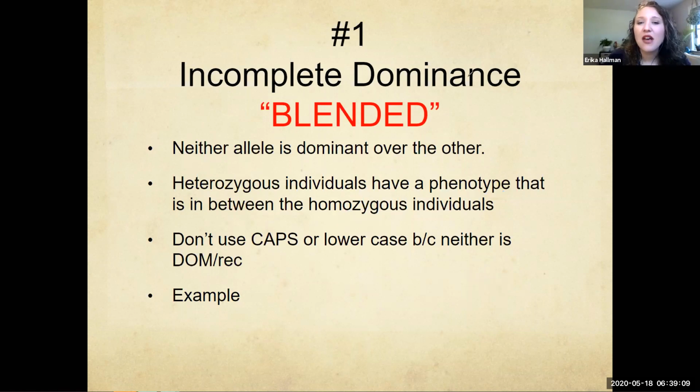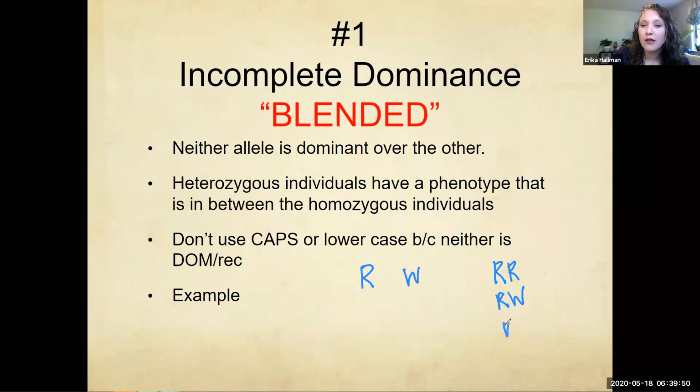Now, to keep ourselves straight, we don't use the same letters for incomplete dominance as we do normal Mendelian genetics. We don't use capitals or lowercase because remember, big T and little t kind of gives us a clue that this is dominant over little t. And because neither allele is dominant over the other, we actually don't use capital and lower cases. Instead, we typically will use 2 different letters. So maybe if we're talking about color of a flower and we're looking at red and white, we will actually use 2 different letters, both capital, which means our genotypes would be RR,